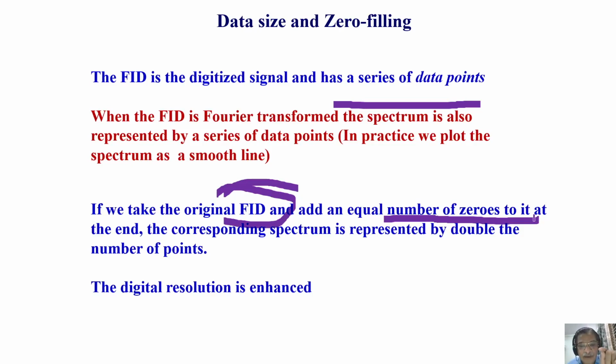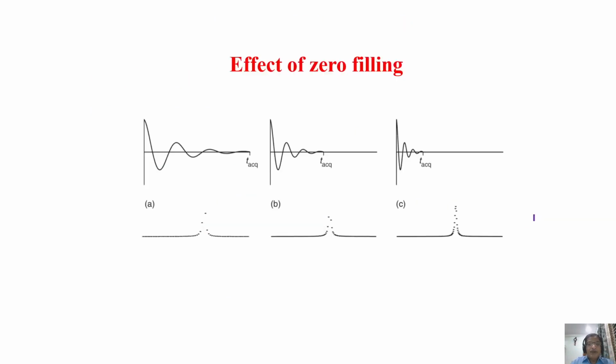As the number of data points increases, the dwell time becomes smaller and smaller. Smaller the dwell time, we can digitize the signal. You can sample each frequency more number of times, and you can get better resolution. If there are frequencies which are closely spaced, like 1 hertz or less than that, you can resolve them by sampling at closely spaced points. So the dwell time can become smaller. What is the advantage? We get better resolution. So that is another important point you should see.